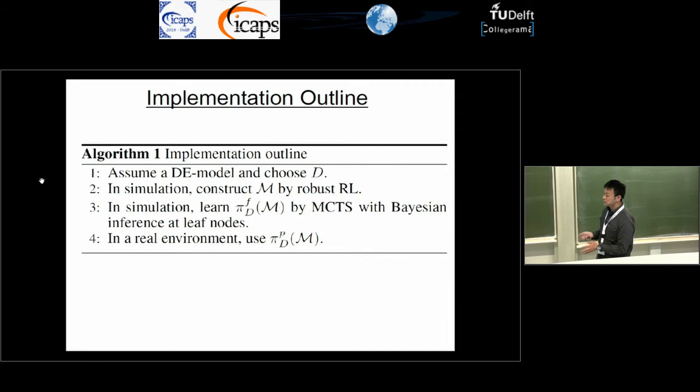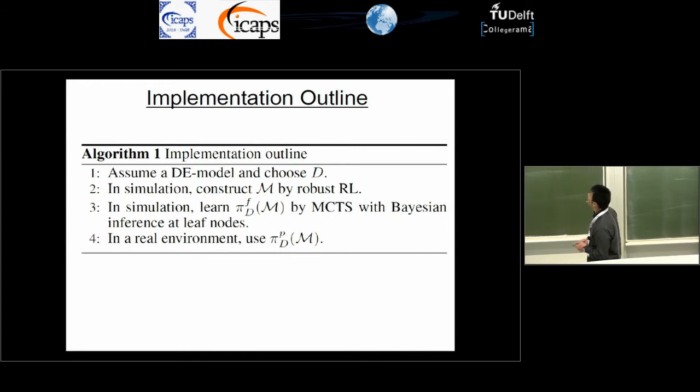I see. So the robust learning all uses simulation, which makes use of the uncertainty you have in advance, and you don't need any real-world samples yet. Is that right? Can you repeat? So you don't need any real-world samples yet in order to construct these robust policies. That's the idea, right? That makes sense.